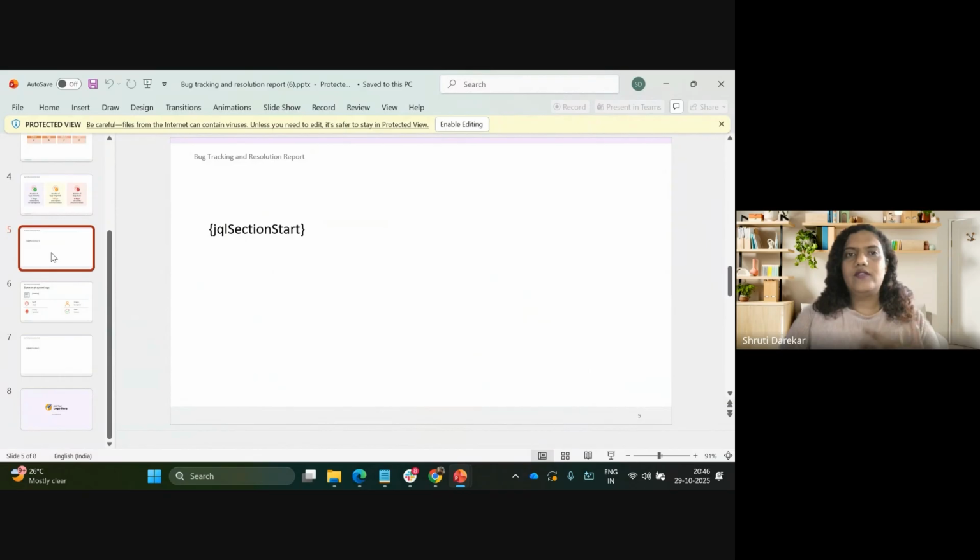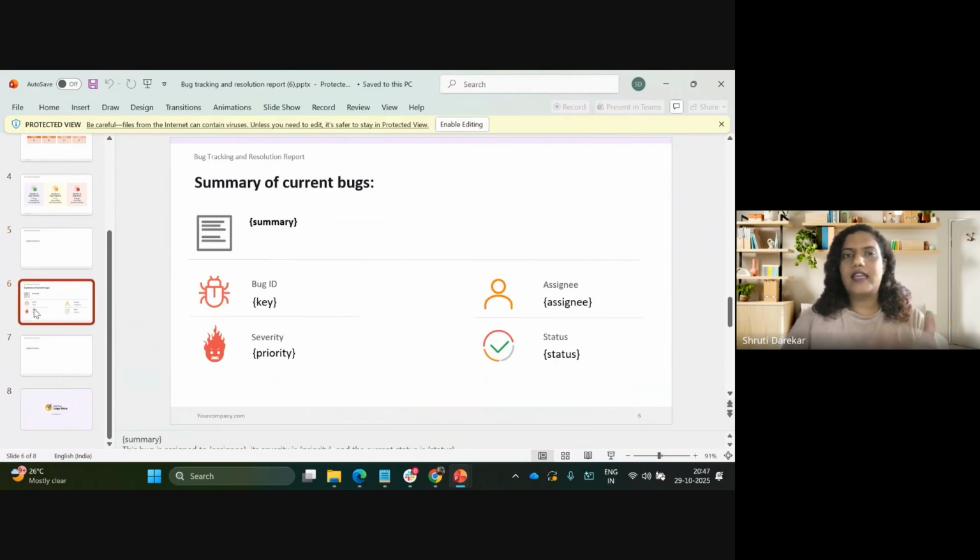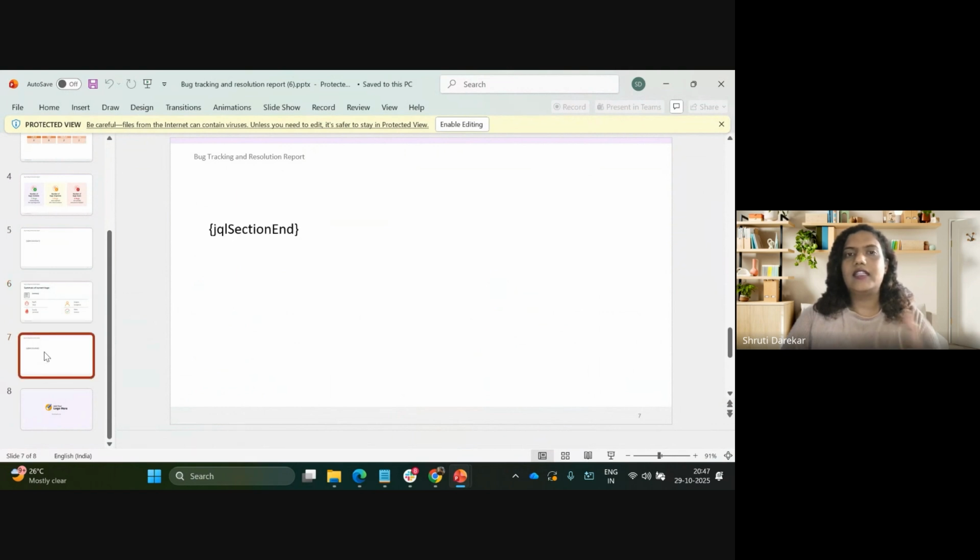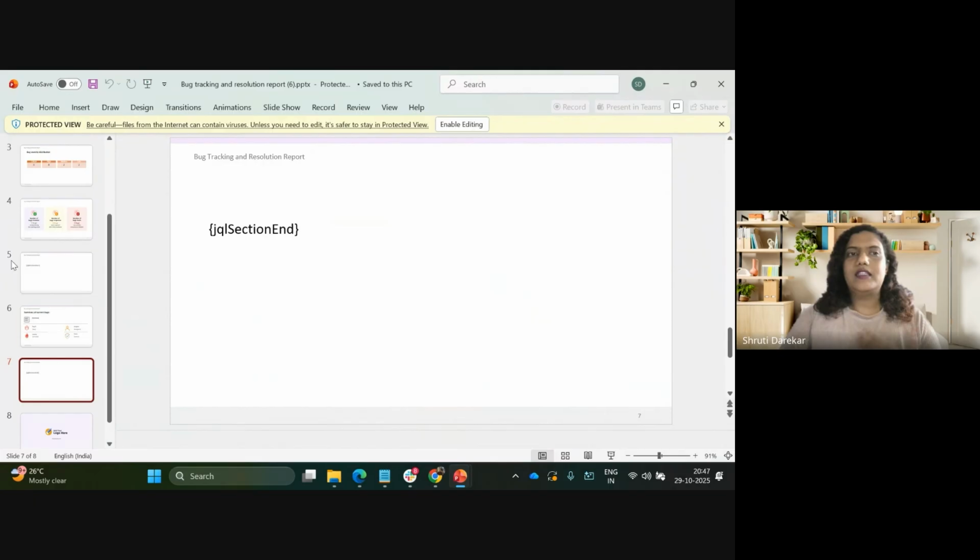So for that, we add this blank slide which just says JQL section start. Then what exactly should be presented for all the issues that are returned by that JQL, and where exactly the JQL section is ending.